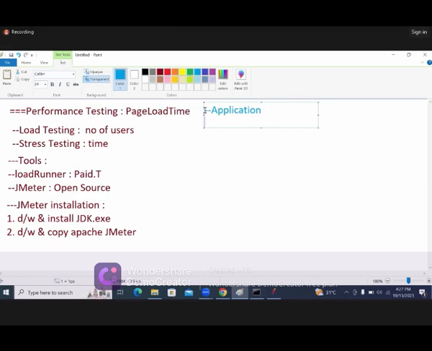In the same way, we can do performance testing for a particular page. So one will be considering the whole application, and the other will be considering a particular page. If I'm taking the whole application for doing performance testing,